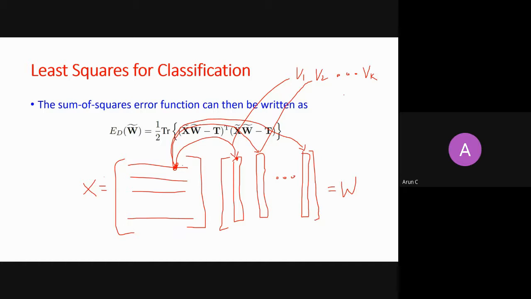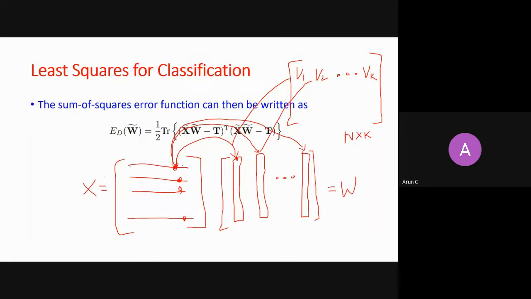Yes, I can find the highest value in this row. This highest value will tell me which class X belongs to, because the kth value corresponds to the kth class. Similarly, you do this for the second X sample, third sample, and nth sample. Then you get a matrix of dimension n by k. It means you have n samples, and for every sample you have k predictions. Among these k predictions, whichever is the largest represents the class.